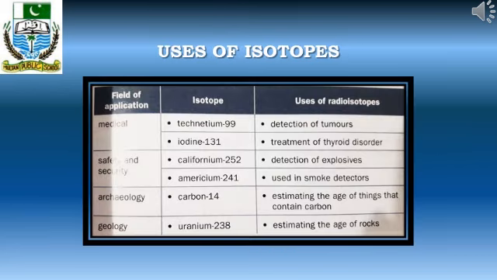Isotopes that emit high energy radiations are called radioisotopes. They are radioactive substances. The radiation emitted is dangerous because it can damage living cells and cause cancer. However, radioisotopes can have important applications and can be safely used if they are handled properly. They have applications in the field of safety and security, in the field of medicine, and in the field of geology. So a table is provided which tells you some information regarding uses of different radioisotopes.